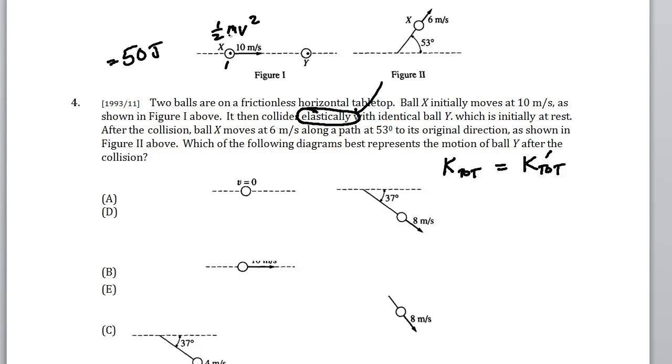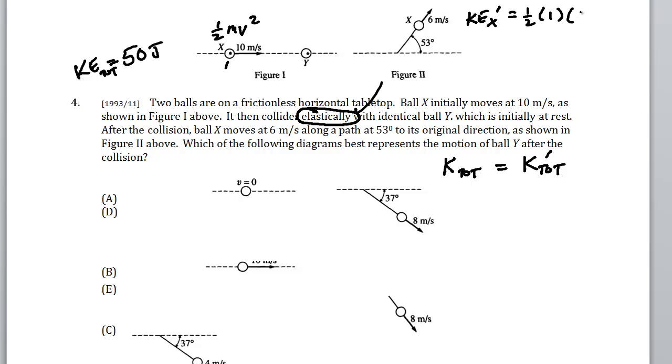We also could alternatively keep the m in and watch them drop out, but in this case I think it's probably easier just to put in a kilogram. So that's 50 joules of kinetic energy before. So that's kinetic energy total before. And since it's elastic, and only if it's elastic is this true, the kinetic energy total afterwards is also 50 joules. So the kinetic energy of this ball x prime is 1/2 times 1, it's the same mass, times v